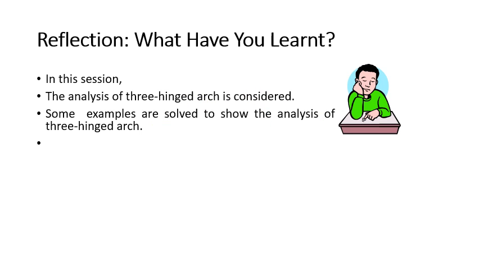So in this session we have seen the analysis of the three hinged arch. I have shown you two examples. Please go through these examples, very easy. You can consider this chapter as the easiest of all. Just find out the reaction, take the moments, remember the formula of the normal thrust and the radial shear, and find out. Okay, but please be careful while taking the moments.